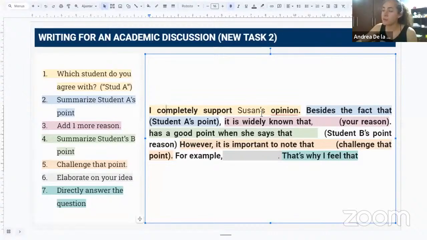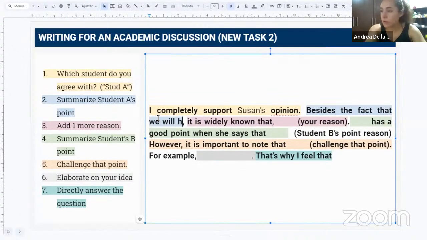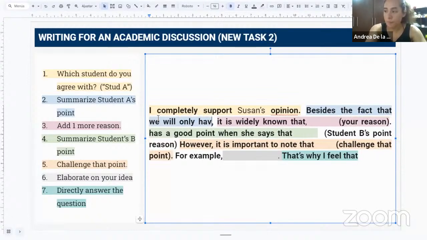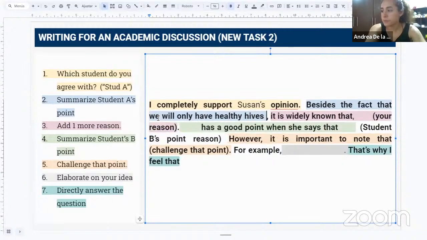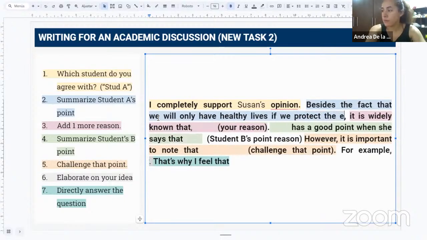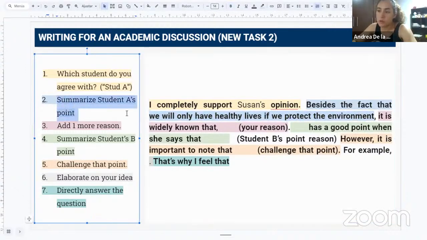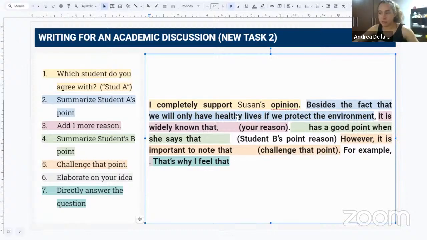Vamos a decir, estoy completamente de acuerdo con la opinión de Susana, además de lo que ella menciona, es decir, además del hecho de que, y acá vamos a decir, let's say, we will only have healthier lives, or healthy lives, if we protect the environment, ¿no? Entonces aquí lo que estoy haciendo es decir lo que Susan ya dijo. Estoy resumiendo lo que Susan ya dijo. ¿Por qué? Porque voy a decir, además de que solamente vamos a tener vidas saludables si protegemos el medio ambiente,